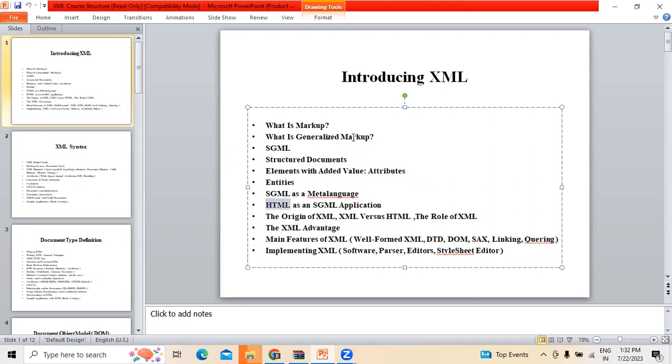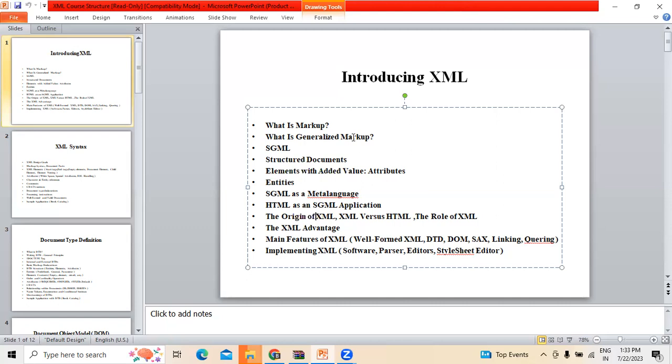Next, we'll be discussing an overview and high-level understanding of HTML, because Hypertext Markup Language is what we will be using extensively. Next, I'm going to discuss the origin of XML and the different roles of XML we have. At the same time, a comparison of XML to HTML, and why XML is so advantageous when we are working on